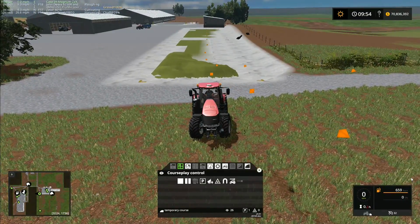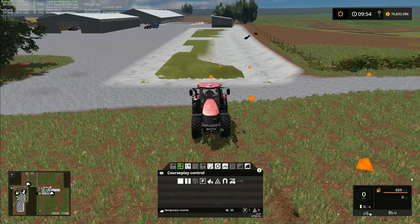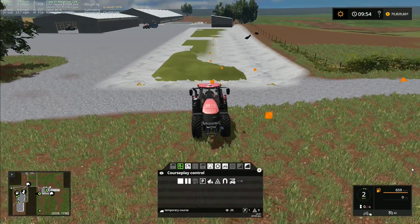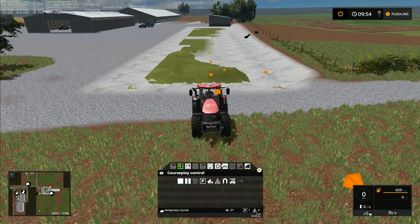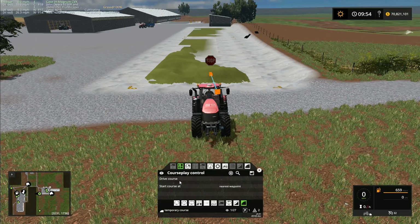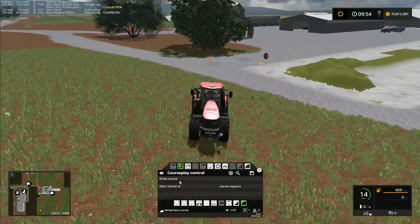Because of the uneven ground here, it's not perfect, but because I did it quite close last time, I think it would be better if I did it a little bit further away. I'm not sure how it's going to work, but I'm going to try right there. Now, this might cause a bit of a problem with the uneven ground, but we'll have to see. So then you just press stop. Now, it should work, and what I found, and I was looking at, I think it was Ian Robson,